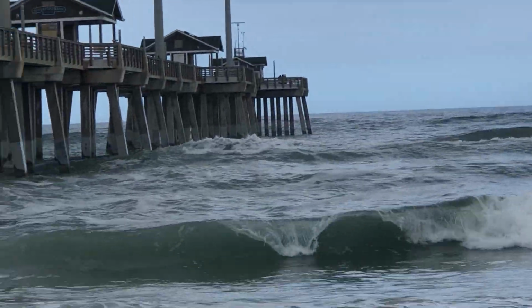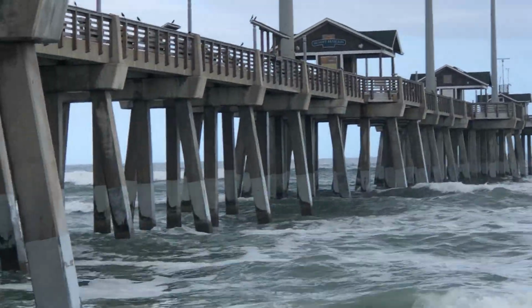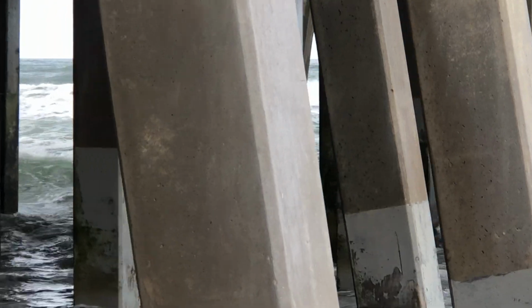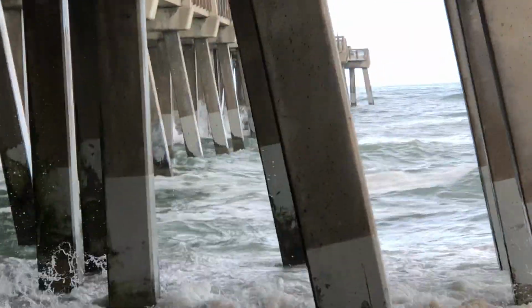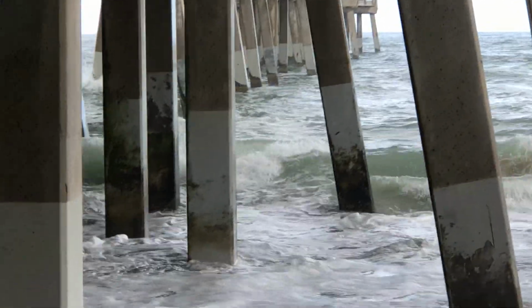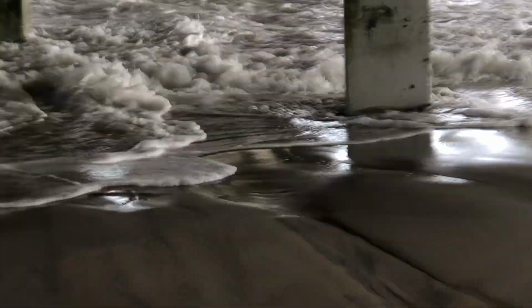All right, let's head over here to the north side of the pier, and hopefully the light conditions will provide us with shots under the pier here. Yeah, we've got some shots under the pier. You just hear those waves pounding, roar, surf, piers, and the rush of water toward us as we move beneath the pier,